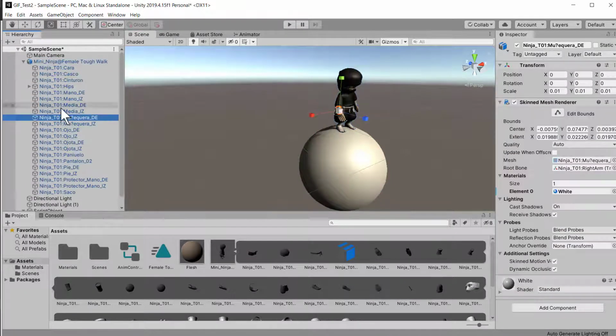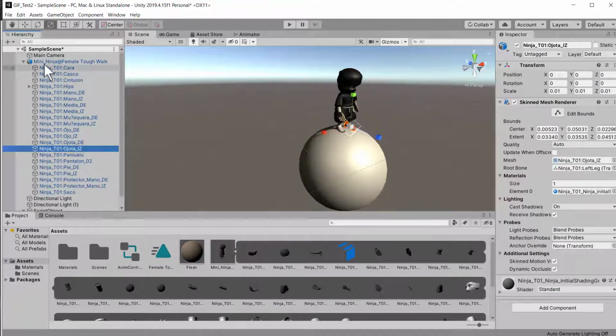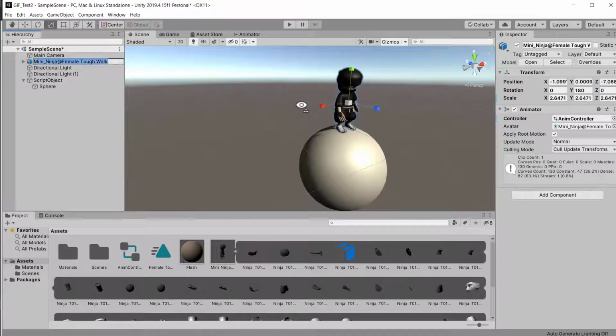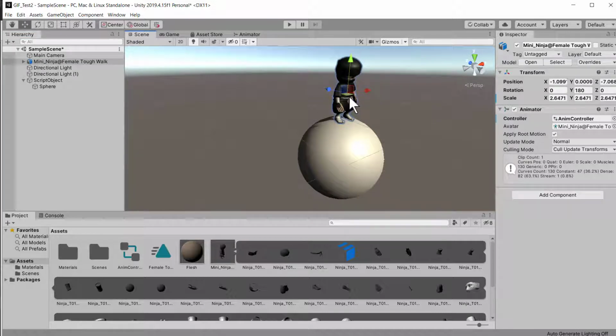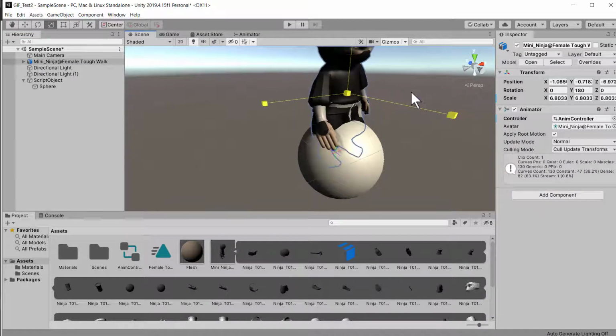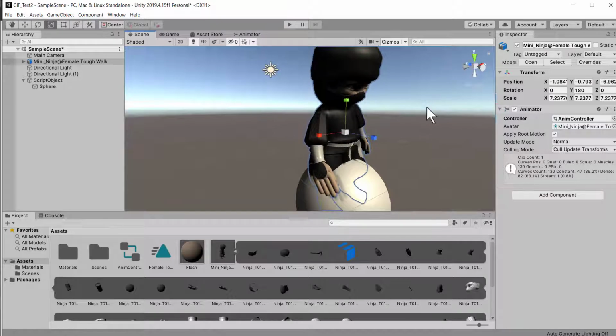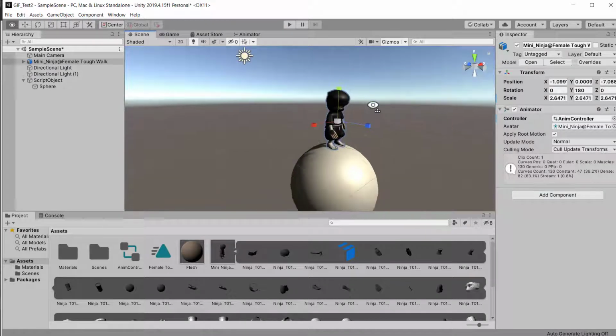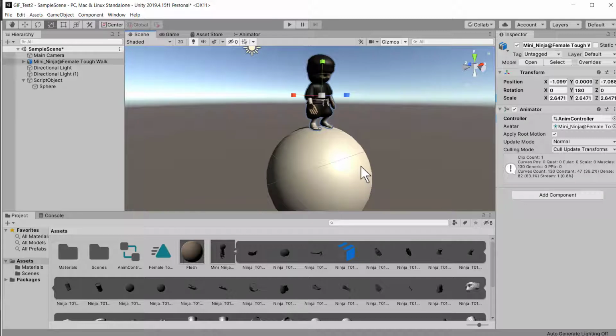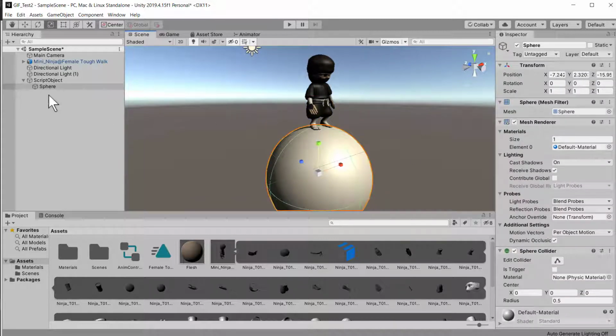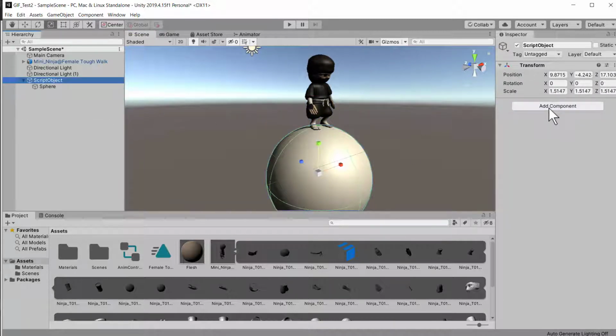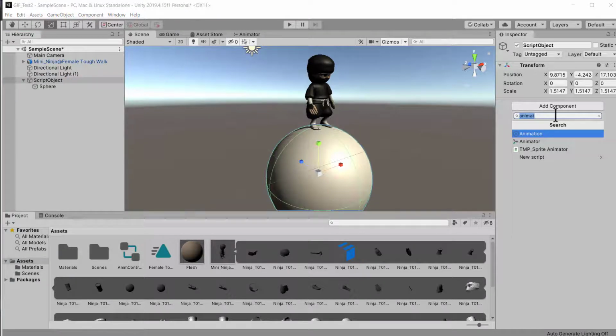You can see all these individual components of this ninja are children of the parent, and if you scale the parent, so I'm just hitting R to switch into scale mode, scale him up, everything scales with him. Control Z, undo. Okay, so we want this to rotate. That's super simple. There's a lot you can learn about scripting, but this is actually pretty simple to do. So we're just going to go rotation, script, new script, create and add,